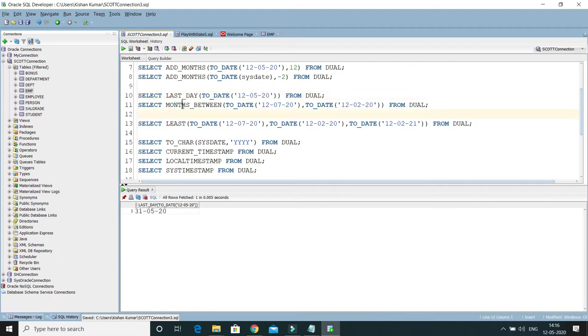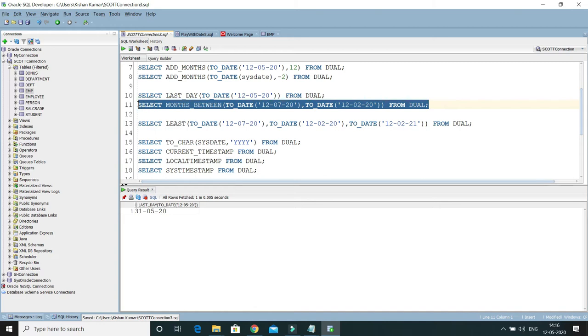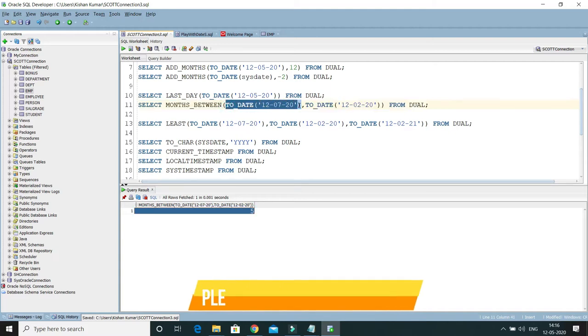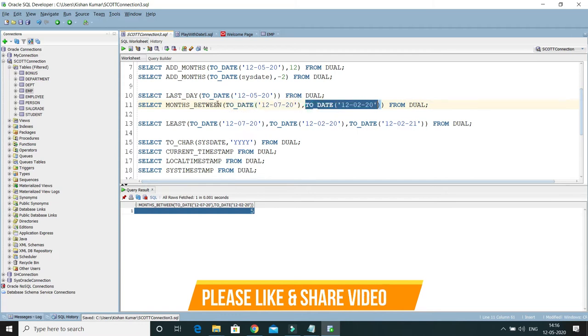Next, months_between. If you specify a first date and a second date and want to calculate the difference in months, you can see the difference is 5. Oracle subtracts the second date from the first date, and this gives you a positive value of 5 months.